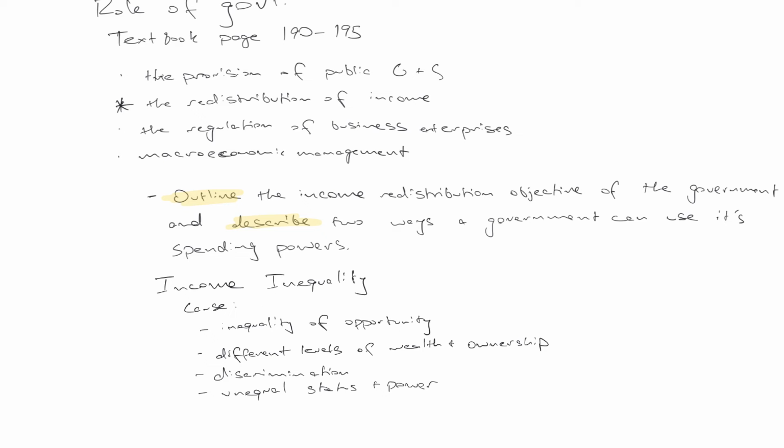Now, I'll stop there. There are obviously other reasons. This isn't an exhaustive list, but these are certainly ways in which inequality is allowed to foster in a society. If we were in a perfectly equal world, everyone would have the same earning capacity, everyone would be able to earn the same income, but as we know, that is just not the case.